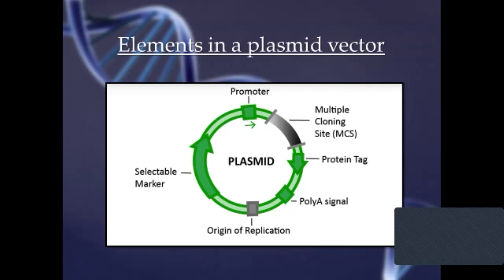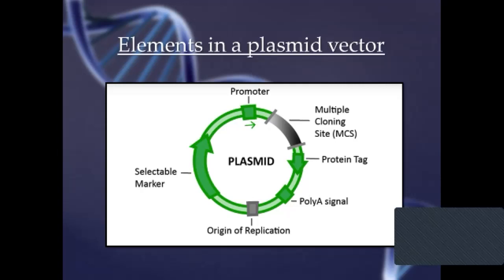Compatible restriction enzymes cut on the MCS of the plasmid and the DNA insert during the preparation step of cloning. Next you need a promoter region, a region which drives the protein expression of the cloned DNA, followed by which we need a protein tag, a particular sequence which produces a protein with specific function and is usually attached to the recombinant protein. An example of a protein tag is luciferase or GFP to monitor or quantify the protein. Finally, you need a polyadenylation site, an element containing poly A, which is important to produce a protein.